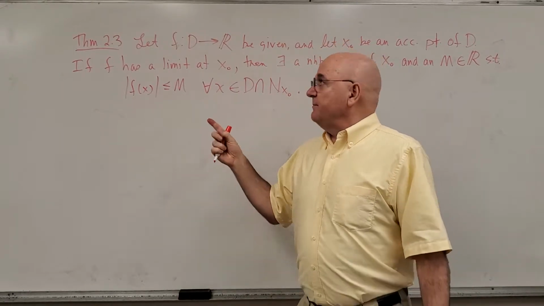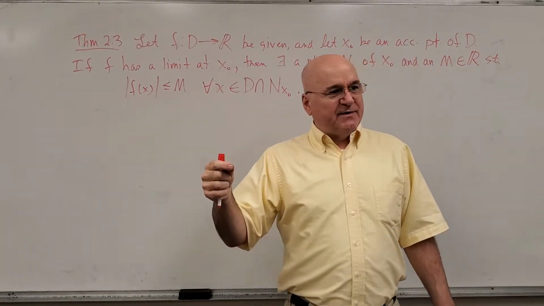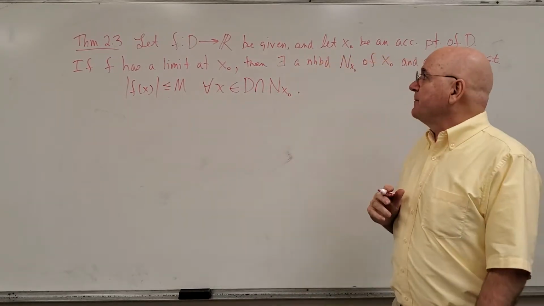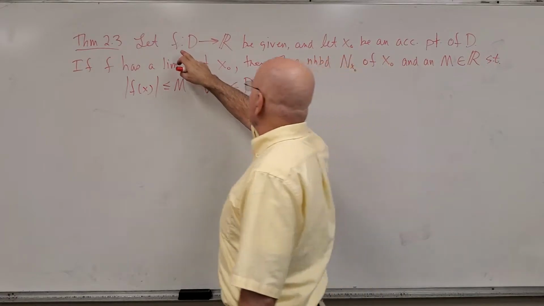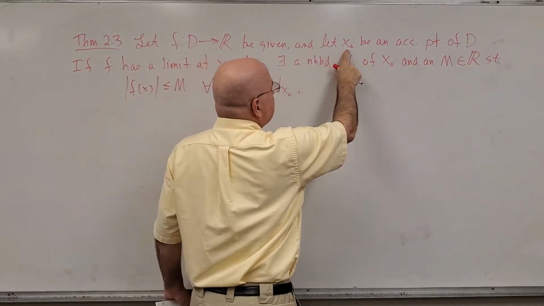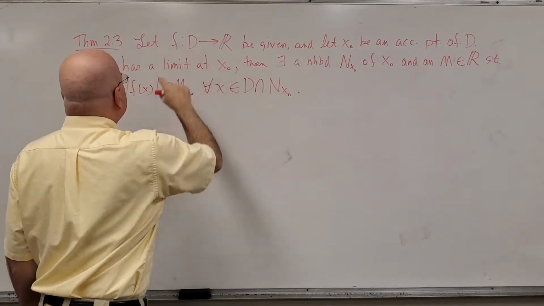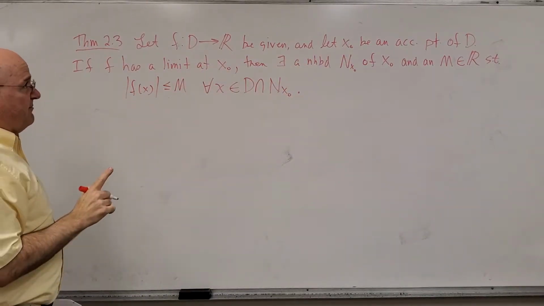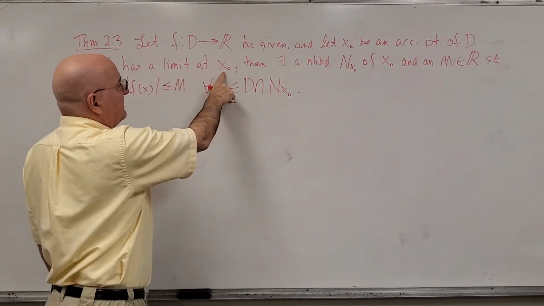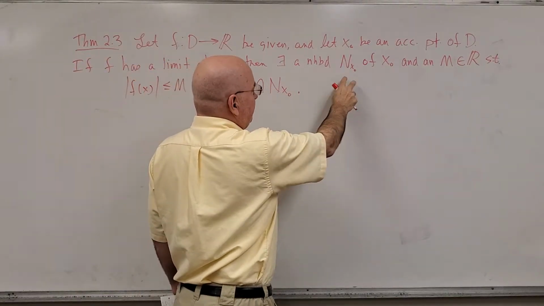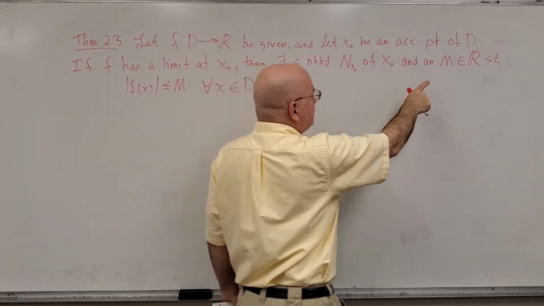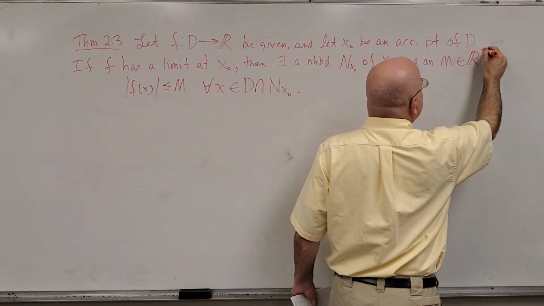As we'll see in the next theorem, this Theorem 2.3 is very similar to a theorem we had about sequences in the last chapter. It says that if we're given a function f from the domain capital D into the reals, and x naught is an accumulation point of the domain, that's our setup for it, I should say. If f has a limit at x naught, then there is some neighborhood of x naught, which I'm calling capital N sub x naught, and there's a positive number M,